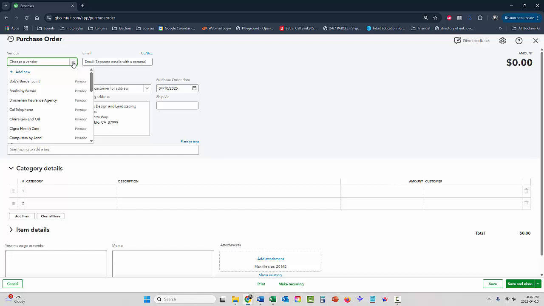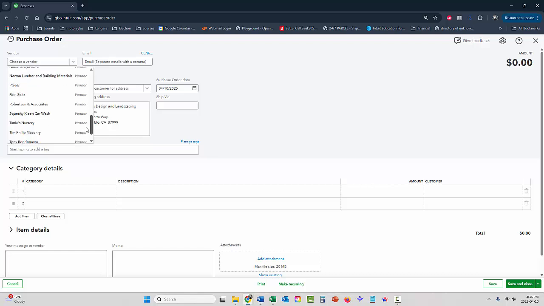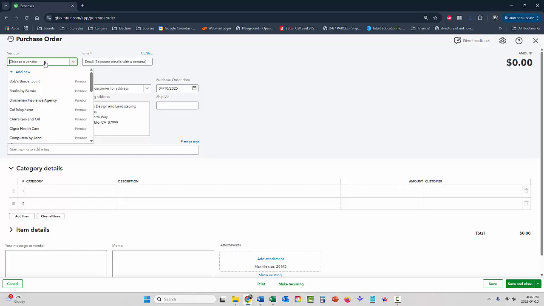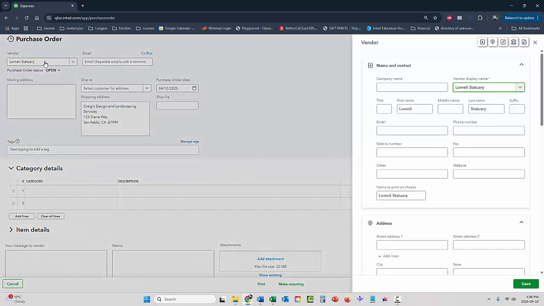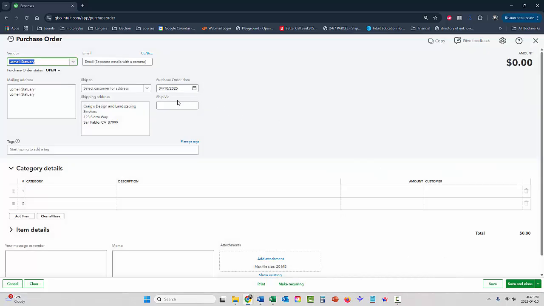and this is for Lamelli or Lamelli, however you pronounce that. We don't presently have a Lamelli, so I'll add them. Prompts me to add some more information. I'm going to go ahead and add the company name and save. In real life, I'd add a lot more if I had the time. This will be for today, and